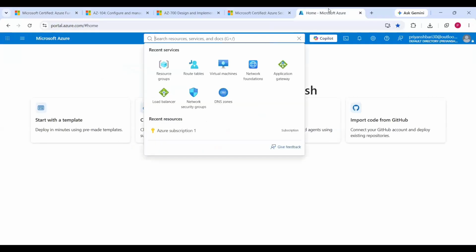So let's do a quick practical. Let's quickly deploy virtual machines. Whenever you are in your on-premises infrastructure, if your requirement is increased,